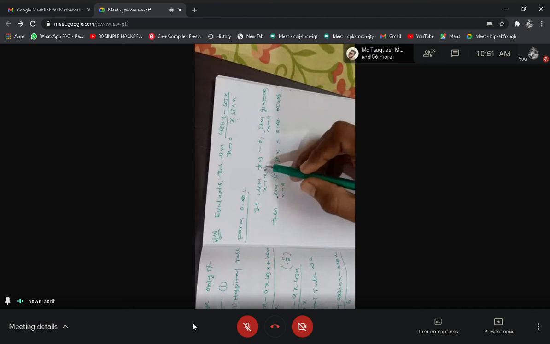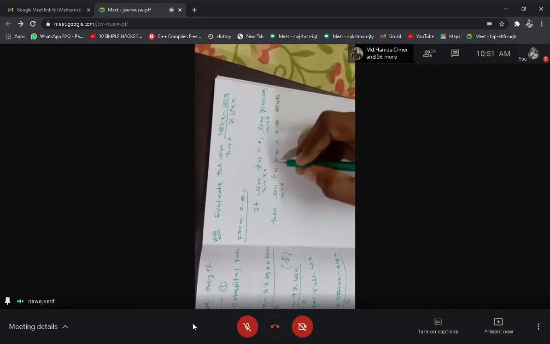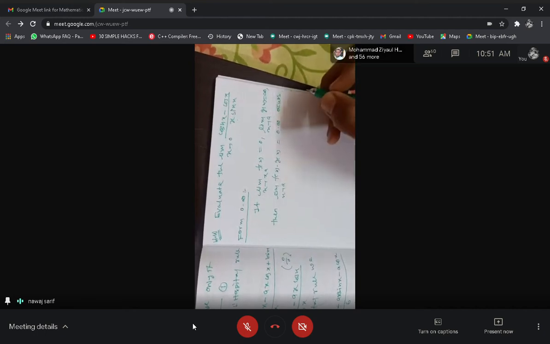So when your limit of f(x) is 0 and limit of g(x) is infinity, then in that case the limit of your f(x) and g(x) is the 0 into infinity case. Okay, so in that case you can write